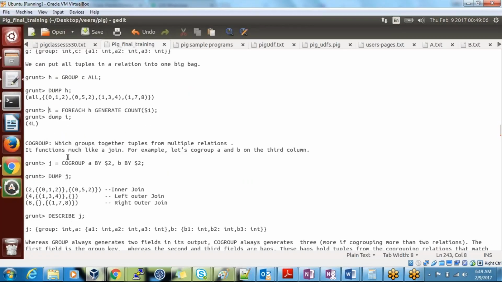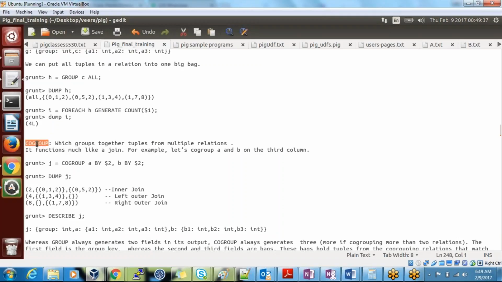Okay. There is something called co-group. This is another very important interview question. What is the difference between the group and co-group? Group you will do by a single field. When you want to do it by multiple relations, we will go with a co-group.